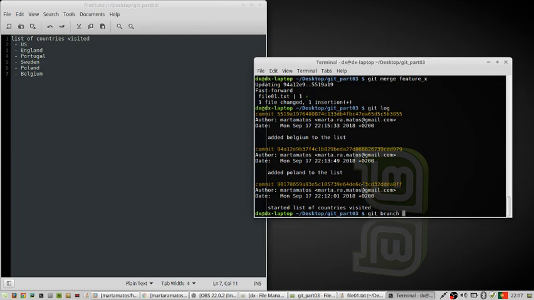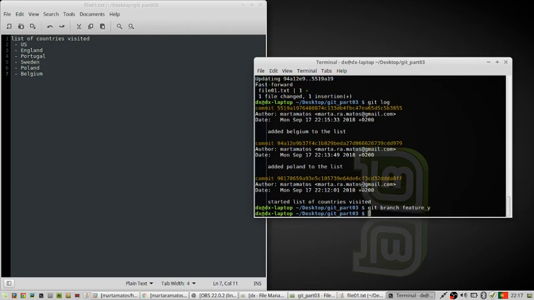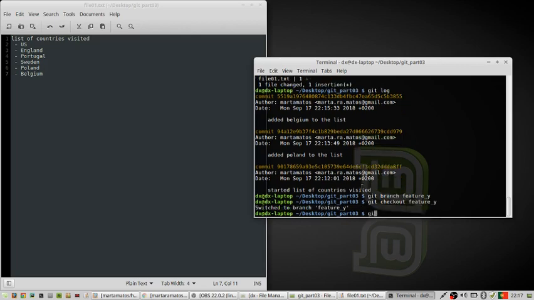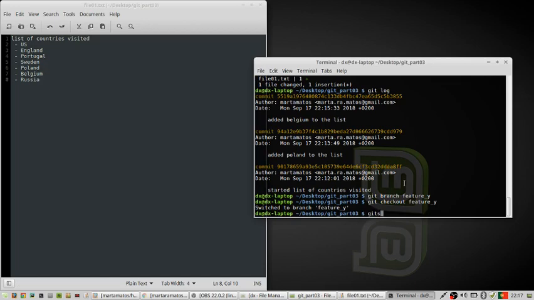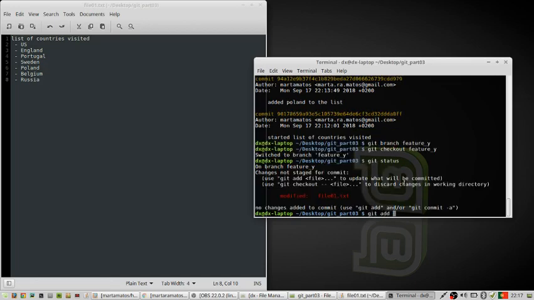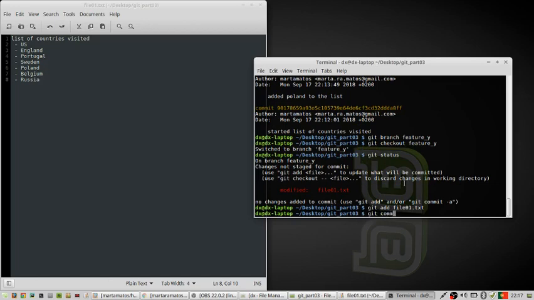Now I'm going to create a branch for feature Y, and I'm going to my feature Y branch, and I'm going to add another country, France, or maybe Russia is more cool. So now I'm going to do git status, git add file01, git commit -m "added Russia",